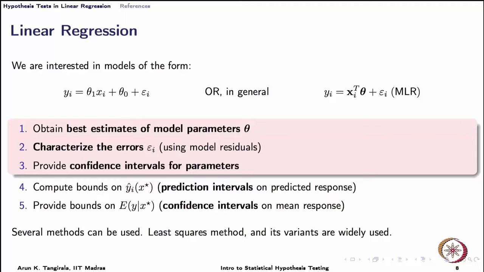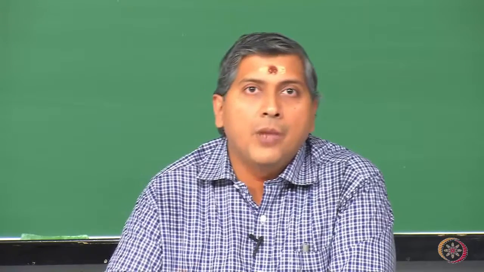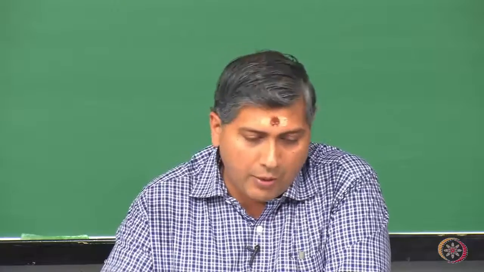Remember, the mean is no longer a random variable, therefore we talk of confidence intervals, whereas the response at a certain xi is going to be a random variable, because we are not averaging it over the space of epsilons. Therefore, we talk of prediction intervals. However, in this module we are not going to talk of prediction intervals or confidence intervals, because the objective of this module is to go over in detail some of the popular hypothesis tests that one encounters in linear regression, without which the linear regression exercise is incomplete.